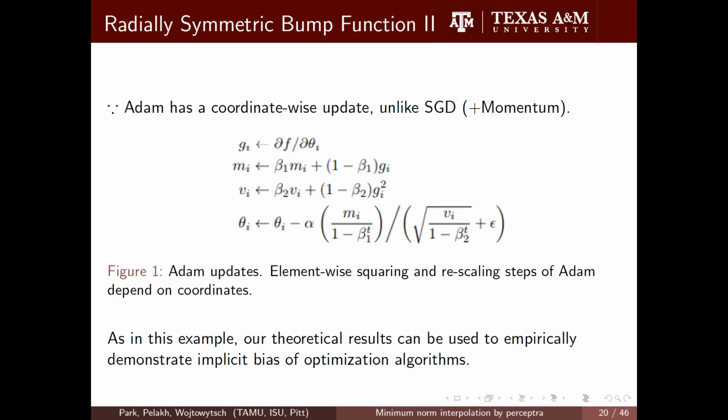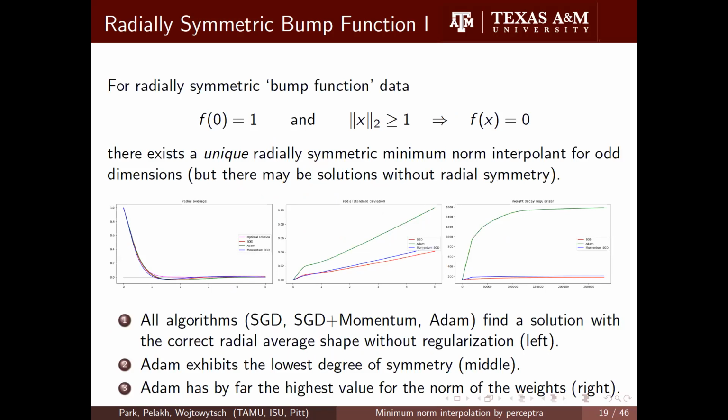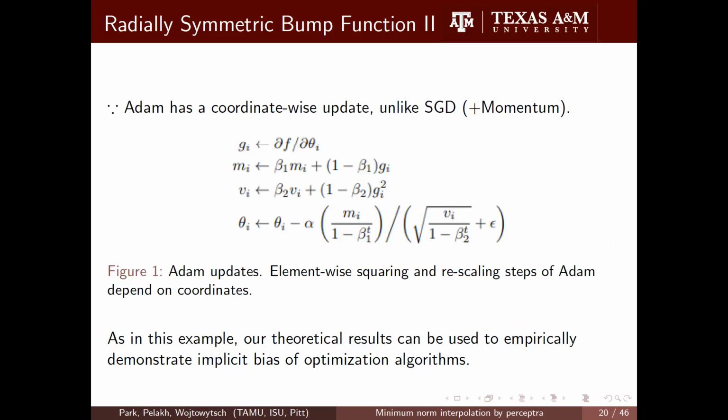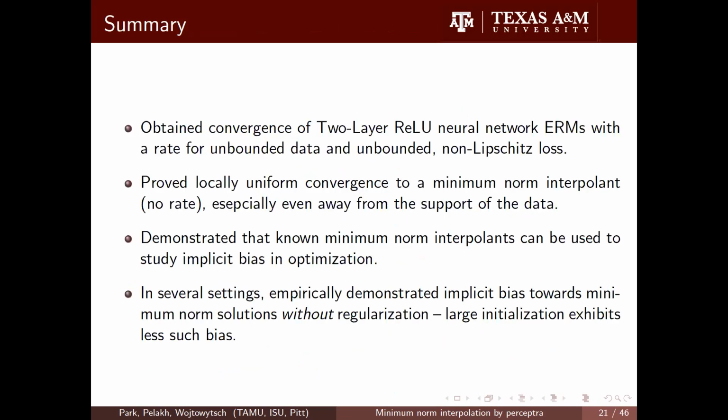So at least for this asymmetry, we know that we have some intuition, and we were able to verify these intuitions are correct empirically, at least. So these are the possible applications we might use to study implicit bias using our theoretical results. To summarize, first we obtained the convergence of two-layer ReLU neural network ERMs, with a precise rate,